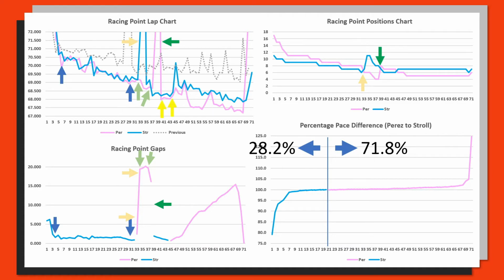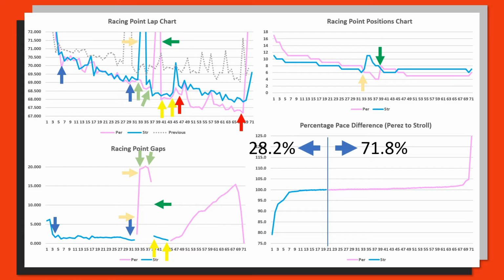Then between these two blue-yellow lines, it is Sergio Perez taking advantage of his brand new fresh tyres, and that is this small little decrease in the gap over Lance Stroll, all the way down to just over 0 seconds. Or just under 1 second, I should say. That sounds a bit better. Then between these two red arrows, it is Sergio Perez who manages to get past Lance Stroll in the race,